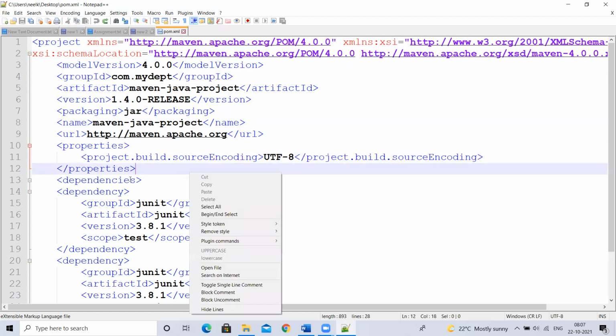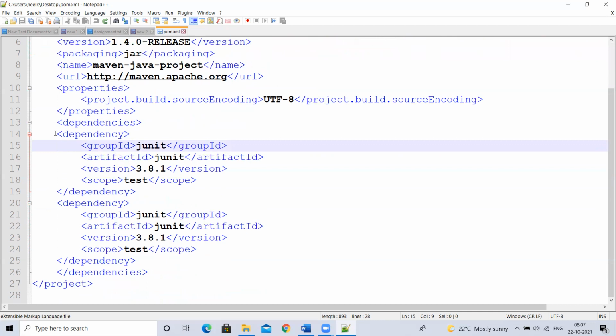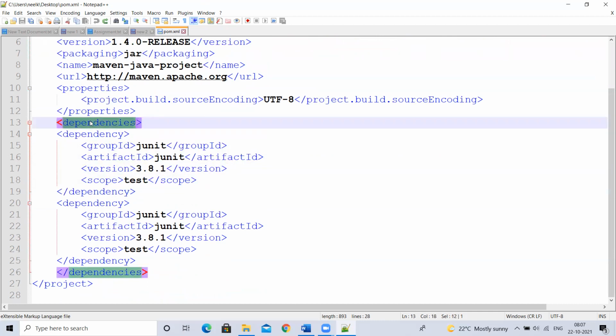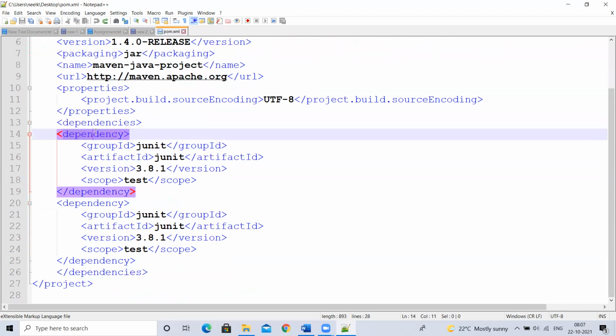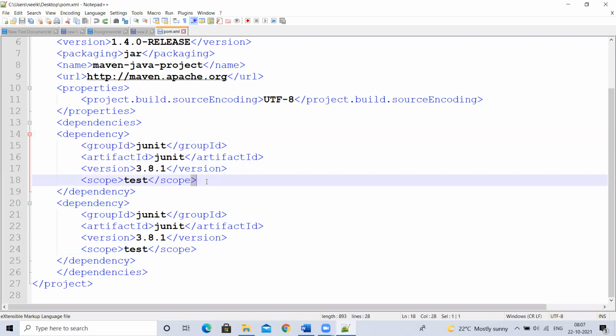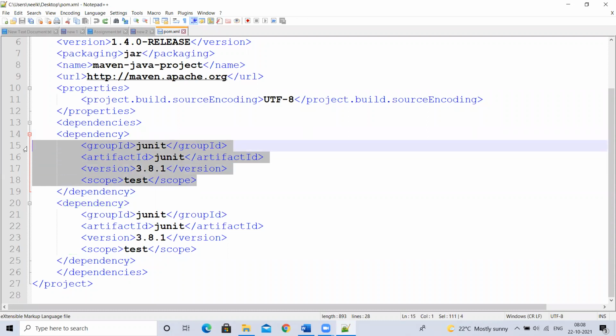Next we'll see dependencies. What do we write under dependencies? There is one element called dependencies. Under that we'll write many dependencies. Most Java projects depend on external jars. The core Java things are not enough, it is depending on something else. Someone else converted their Java project into a jar file and kept it somewhere. Now this Java project is dependent on that jar. So we have to give the details of that jar here so that it will automatically download it. Understood?